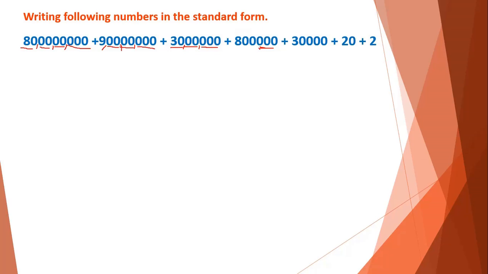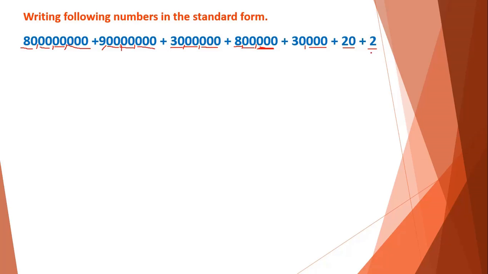Next number. These 3 digits will form the ones period. After the ones period we need to put a comma. These 2 digits will form the thousands period. I put a comma here. It will form the lakhs. Then the next number. These 3 digits will form the ones period. I put a comma. 30 will come in the thousands. Then these 2 digits together will form the ones period. We know that after hundreds we need to put a comma. There are only 2 digits, therefore I am not going to put a comma here. The last digit is 2, which is a single digit number. Again, we will not put a comma.